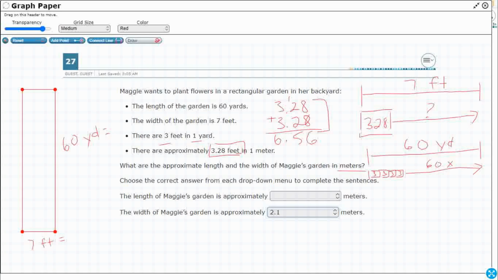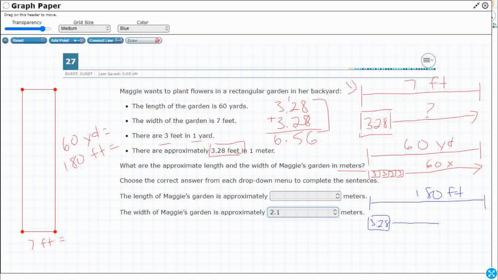All right, so let's multiply 60 times 3, right? So that's going to equal 180 feet. All right, so 60 yards. Inside each yard is 3 feet, so 60 times 3 gets you 180. Now I can do like I did up here. So let me change colors here so we can see what's going on. I'm going to do the same thing. I'm going to think, all right, I've got 180 feet. How many groups of that